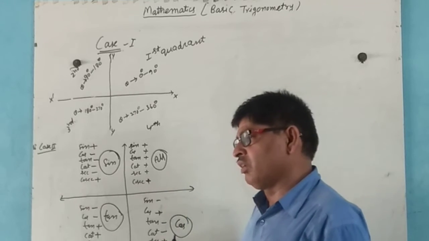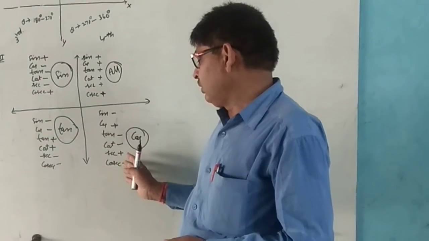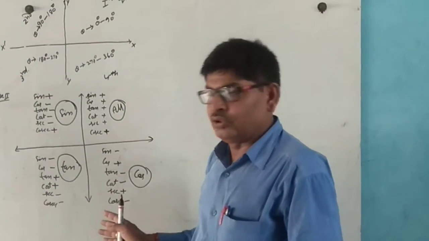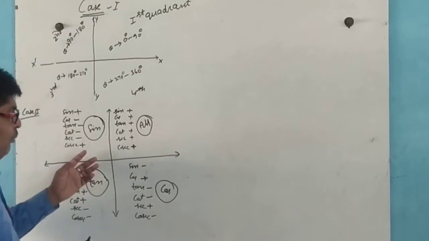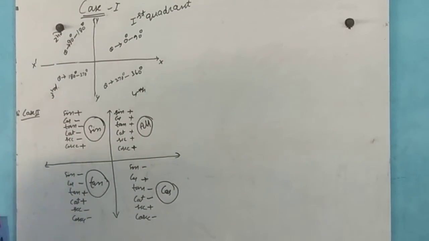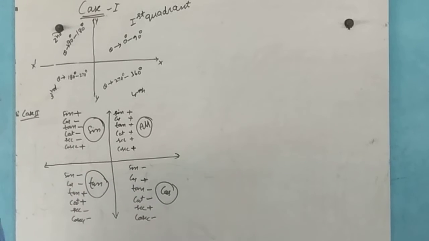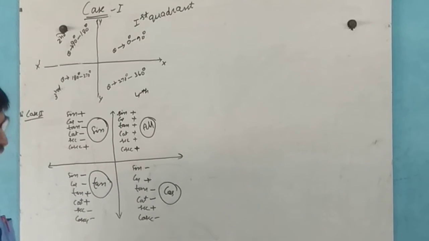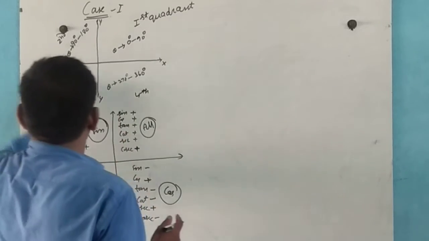Tan, cos, here cos is positive and sec are positive. So with the help of this, we check the sign of this, and now this is the first case,